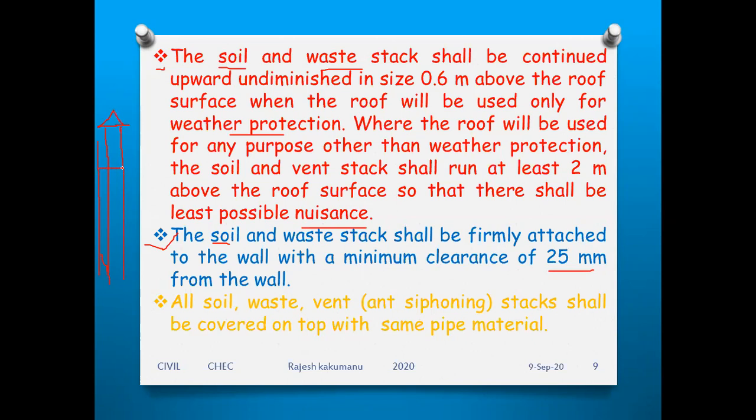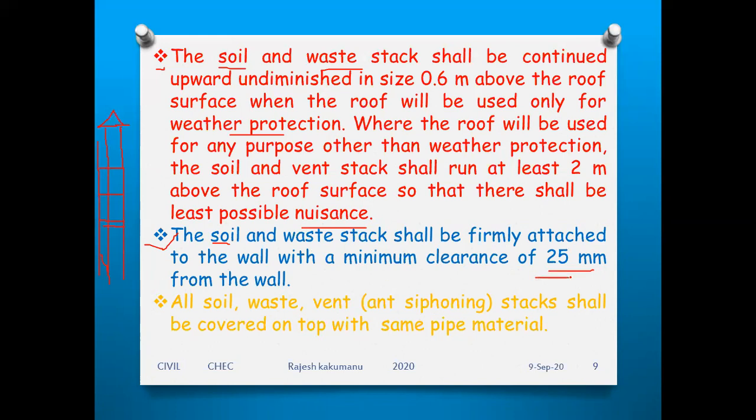It should be firmly fixed to the wall. What distance should be given? It should be given 25 mm. This distance, right? From the building wall, the pipe should project 25 mm forward, it should be firmly fixed to the wall. That means the pipe should not be placed stuck totally to the building; it should have a clearance of 25 mm